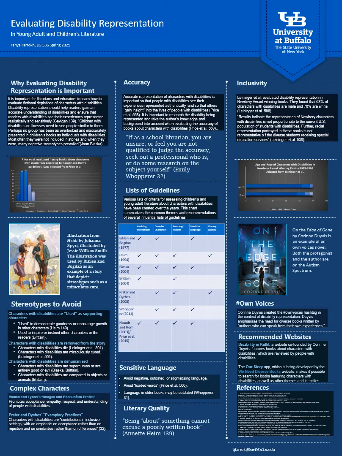Another guideline mentioned by several educators, such as Prater and Deitches, is the need for literary and illustrative quality. As Heim writes, being about something cannot excuse a poorly written book. The need for quality literature may appear obvious now, but Heim implies that at the time, many children's books about characters with disabilities were more didactic than compelling.